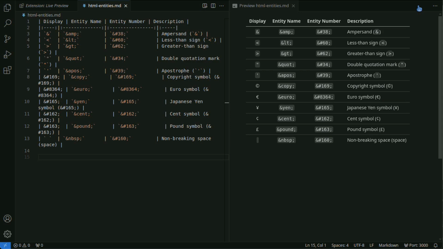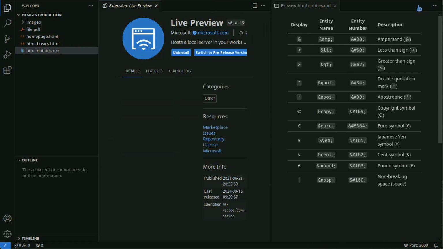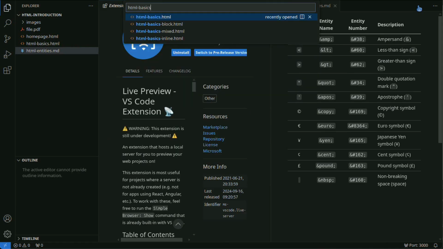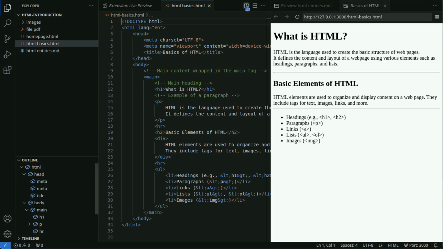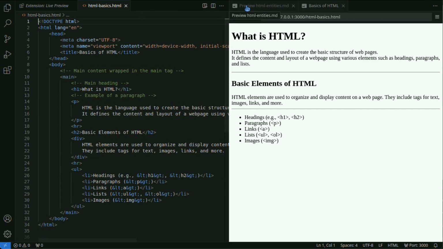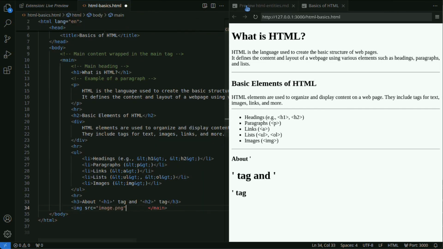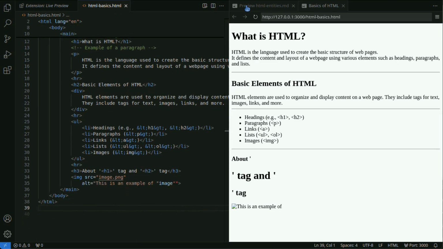Let's check how the display differs between using and not using special characters. As you can see, the H1 and H2 tags, as well as the text, image, are not displayed correctly.